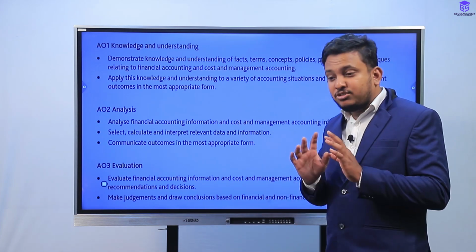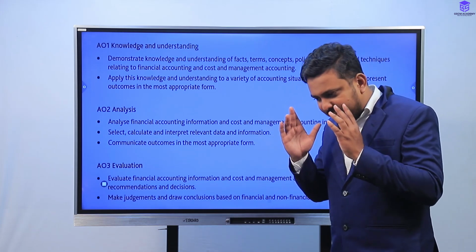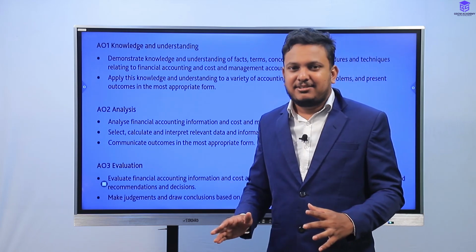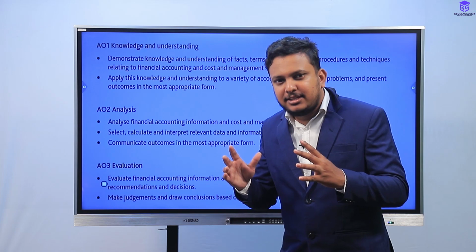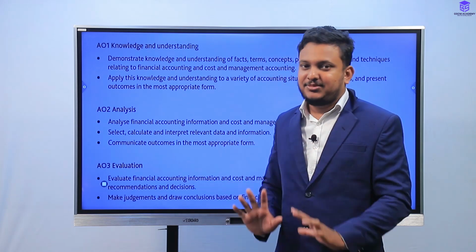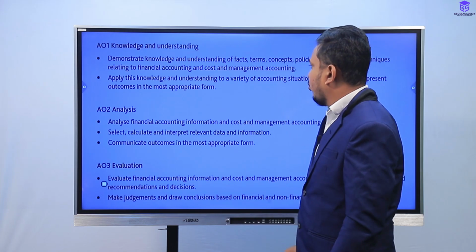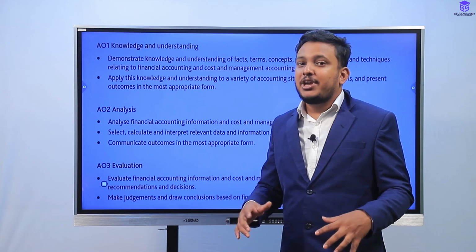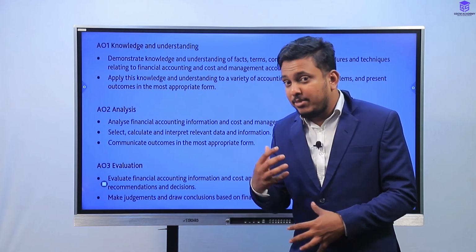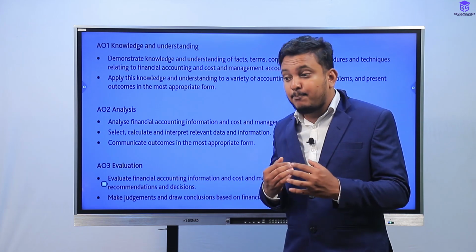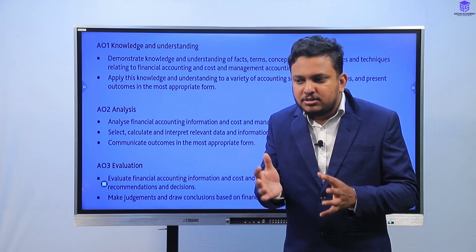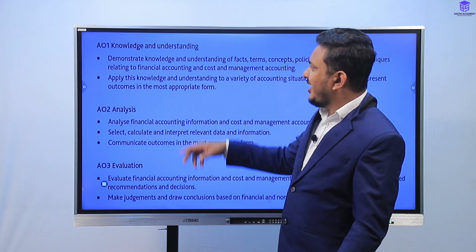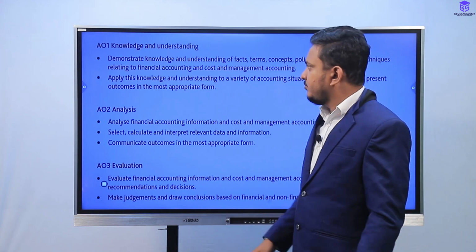So when you write answers, you have to demonstrate that you know the exact concept. You have to show that you know the thing, that you have covered the particular thing that the examiner is testing. That is knowledge and understanding with application. Now, knowing is not enough. You should be able to apply the knowledge into the context and see what the real result is. That is application. So that's all about assessment objective 1, knowledge and understanding.